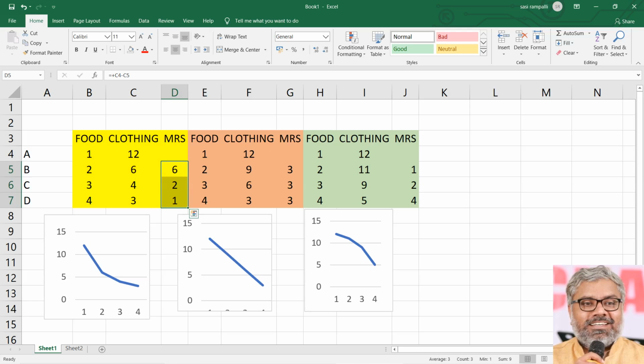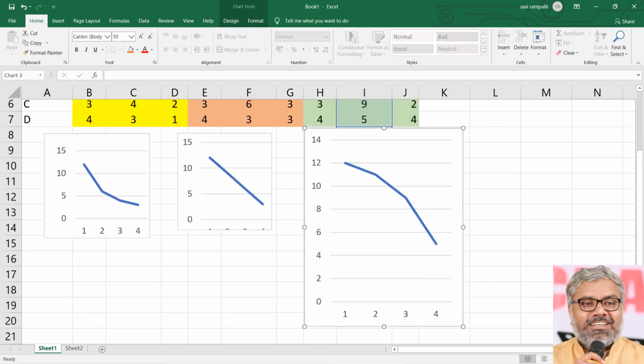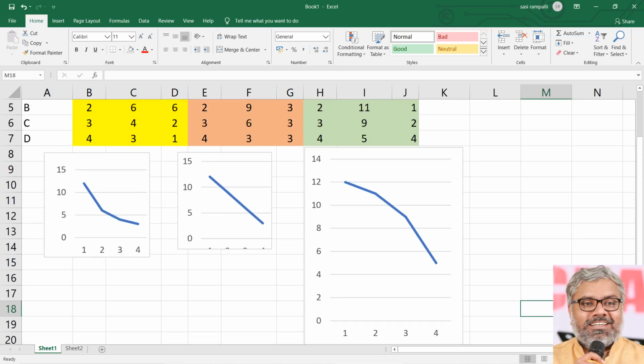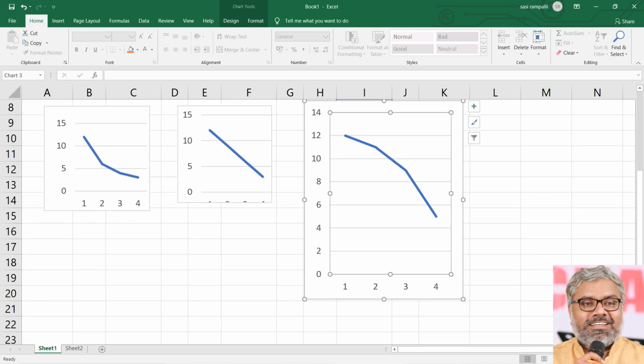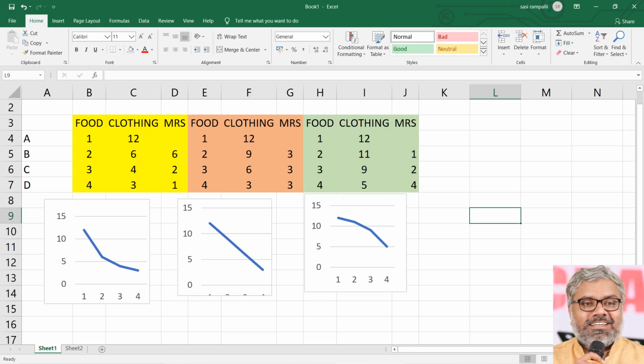So now what we are looking at is, what if the marginal rate of substitution is constant? Then the indifference curve would have been a straight line. What if the marginal rate of substitution is increasing? Then the indifference curve would have been, now observe this graph, the bigger one now. So how is it? Is it convex to the origin? No, it is concave to the origin. It is facing away from the origin. So that is what happens on the basis of how the marginal rate of substitution is changing.